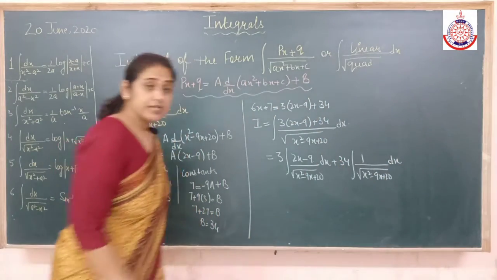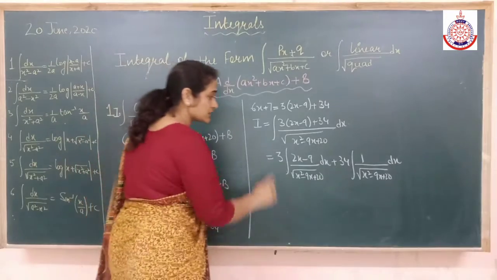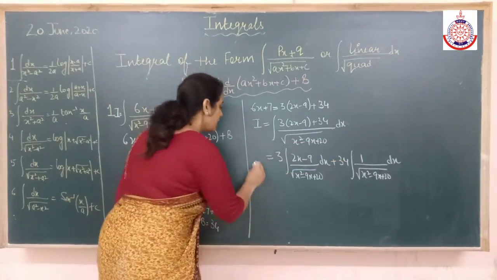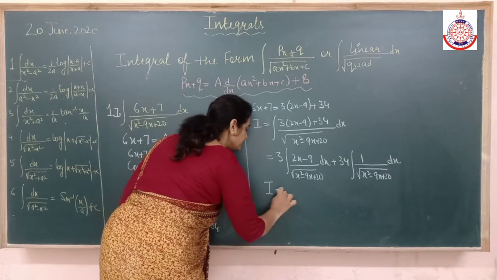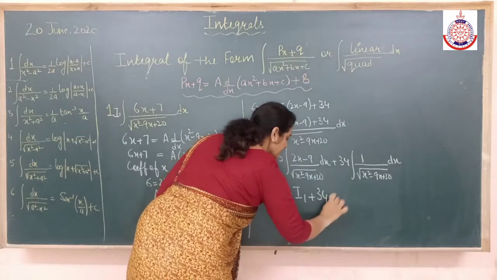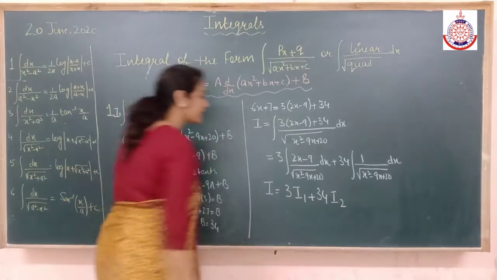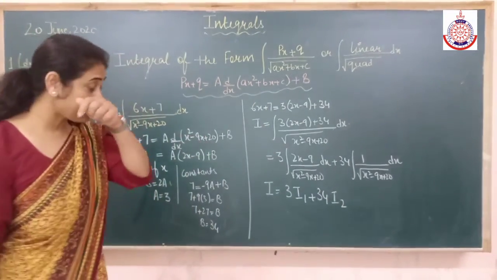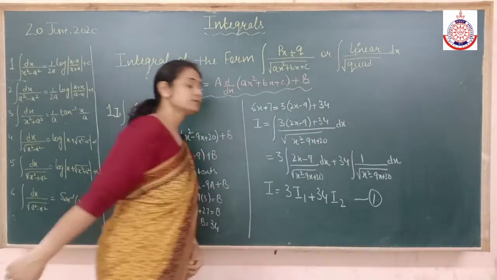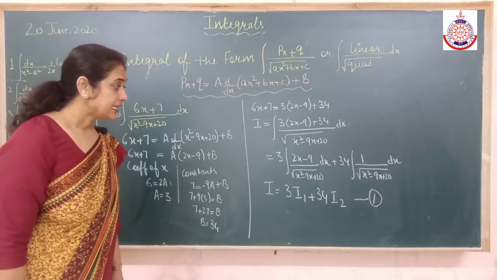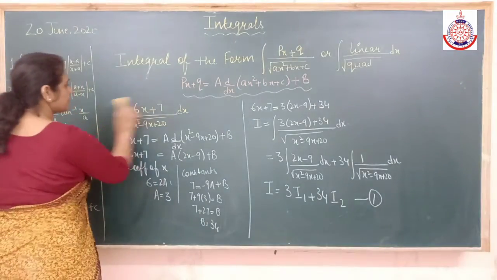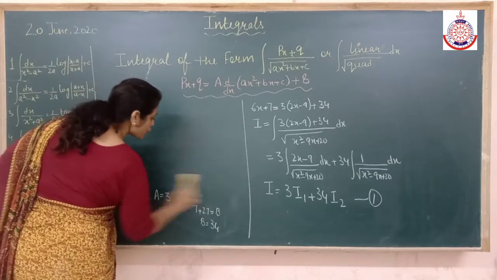So I told you earlier, the question should not become messy because now there are 2 separate parts. This integration I have to solve. So I'll name them as I1, I2. I'll find the value of I1 and I2 and then I'll put them in the integral. Let's solve them separately. So I'm going to erase this portion. Let's solve I1 first of all.